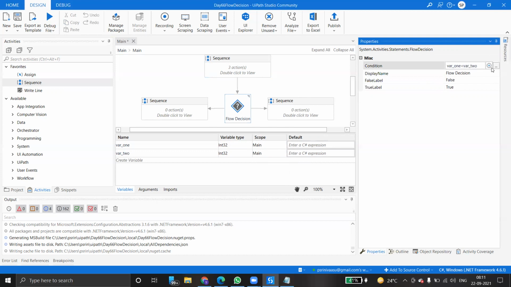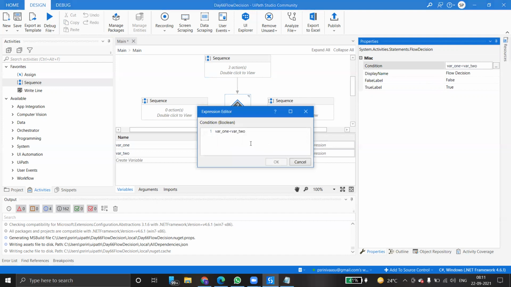If you want to add something extra, you can use the expression editor. Variable 1 less than variable 2. Just click OK.